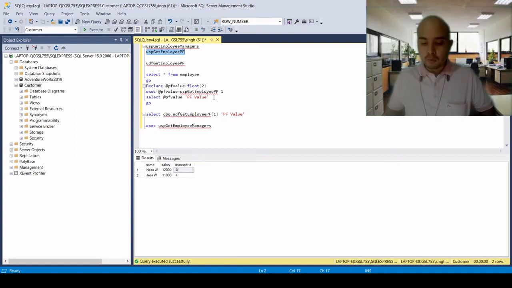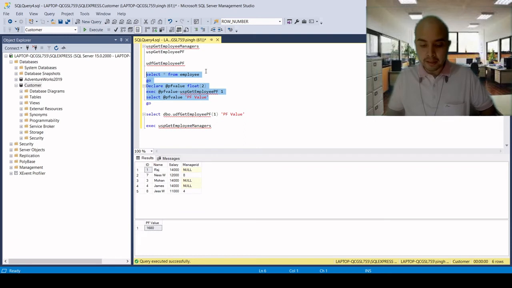This procedure is basically used to calculate the PF. Here we have seen that procedures may or may not return a value. Here this procedure is returning one value. If I execute both the queries simultaneously, then we can relate it better.